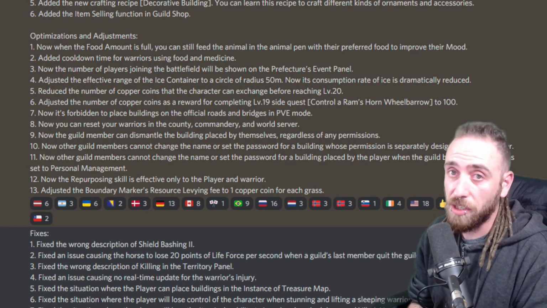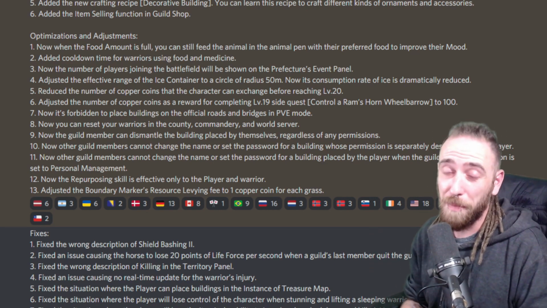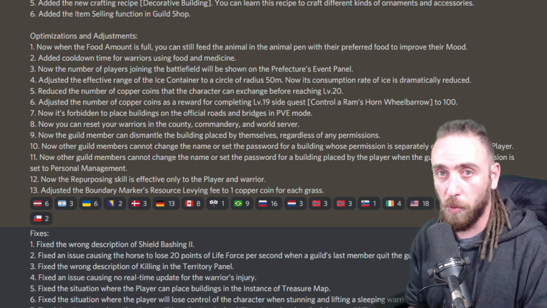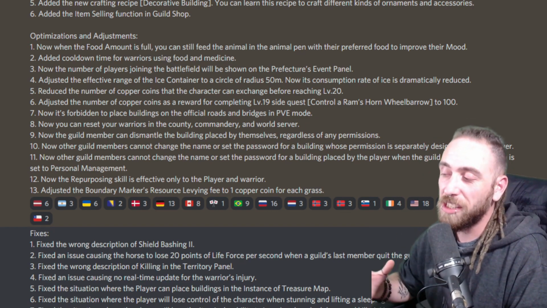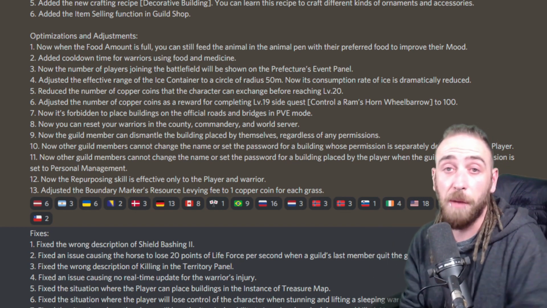It's a good change for those wanting to live in the desert, and they've reduced the consumption rate of ice dramatically, so it's not going to be every 1 hour anymore. It's going to be way more than that, and hopefully they'll actually adjust the decay time from 48 hours to something higher than that. I don't think this changes the cart mount and container, but at least the consumption rate of the ice